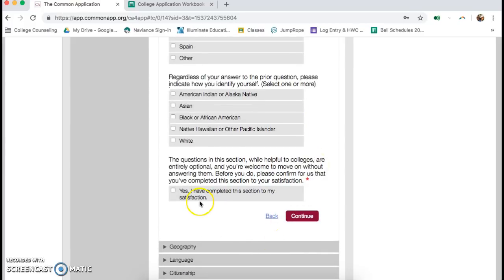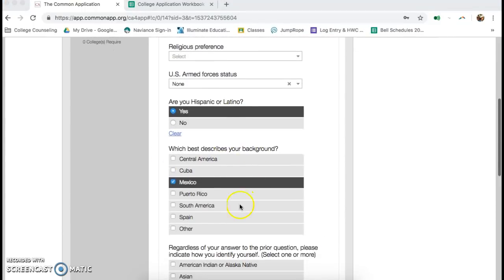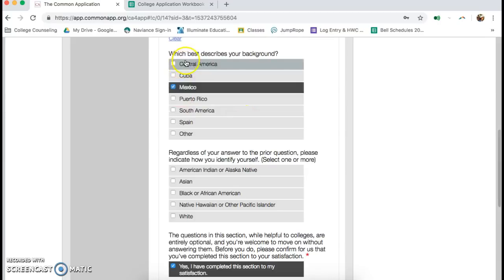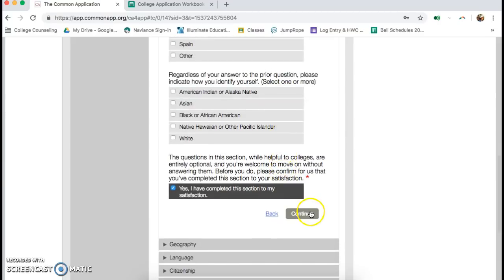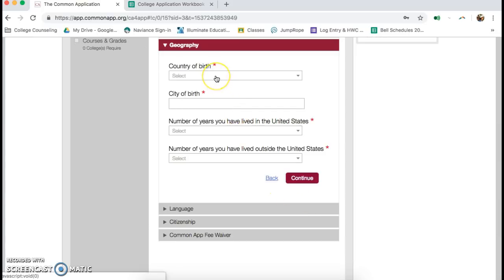And this is just in case you don't identify with any of the above and you prefer not to respond to this, you can go ahead and select that. If you already selected major selections for each of these categories, you can just continue. And as you work through this, you're going to make sure that you are putting your country of